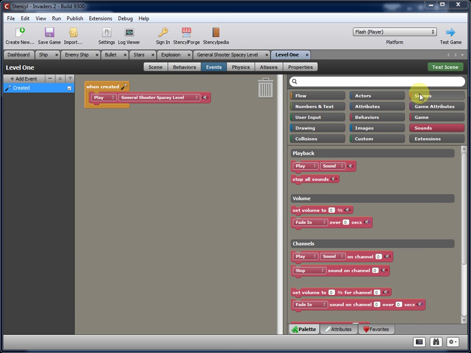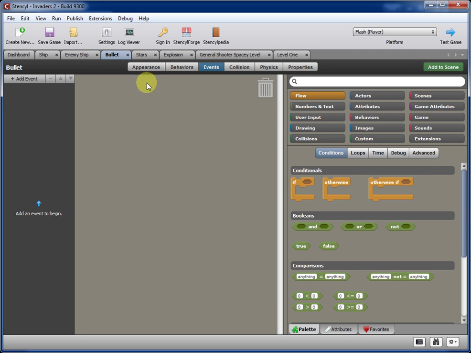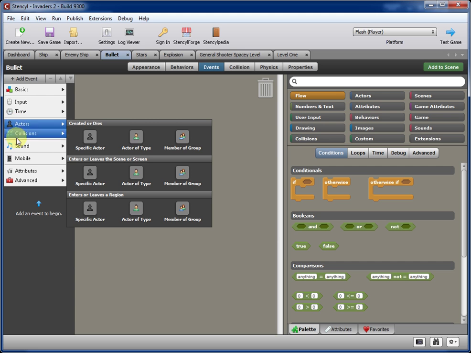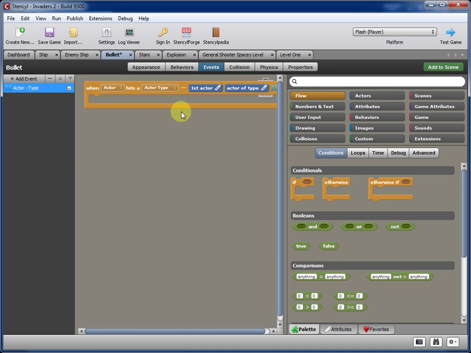So to do that, we'll switch back to our bullet actor, and we'll go to the events, and we'll add some events for the bullet. So you'll notice there's a bunch of different types of events. So let's look at collisions. So when this actor collides with an actor of type. That's how they want us to do it. So when the bullet itself hits, choose an actor type, an enemy ship,